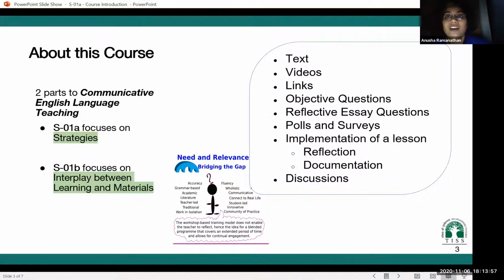It will have a lot of learning, which deals with text and reading and watching videos and listening to audio clips, of course, but also a lot of these reflective short questions that trigger your thoughts and ideas, short answer essays, and a few long answer essays, not too long, implementation exercises and discussions and polls and surveys. Oh, a lot in terms of learning by doing.